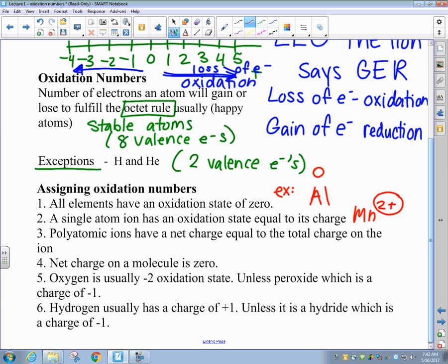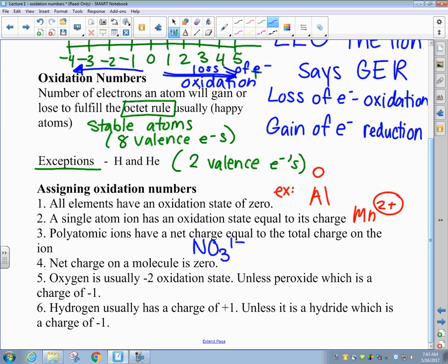Rule number 3 talks about polyatomic ions. Remember that polyatomic ions are groups of atoms that are covalently bonded together, and collectively they share a charge. So if we were looking at a polyatomic ion like nitrate with a -1 charge, the oxidation state of the entire polyatomic ion could be determined by figuring out the sum of the oxidation states from each individual atom within the polyatomic ion. So let's take a moment and determine what the oxidation states for each of